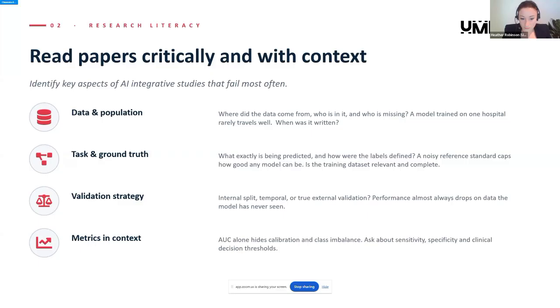Put it in. We put that model in a different setting with different data. We can